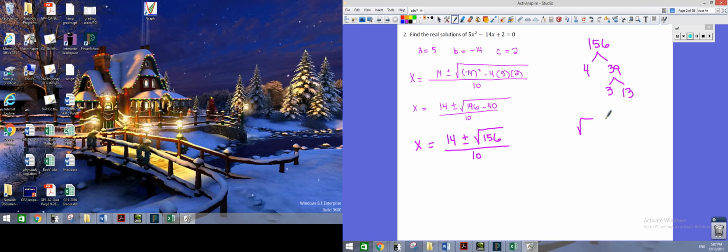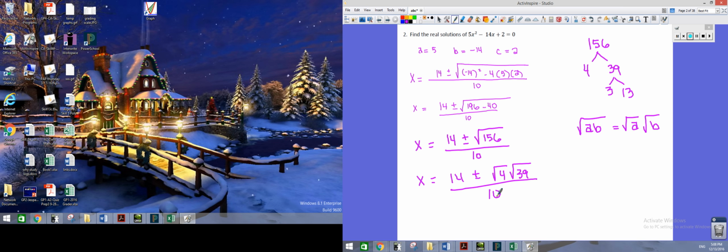I have a property of radicals that says that if you have multiplication you can split it up. So that allows me to split up 156 into 4 times 39. So I've got the square root of 4, the square root of 39,